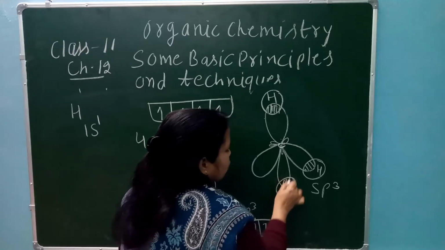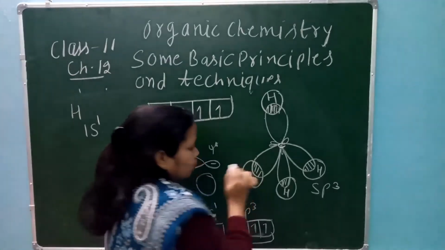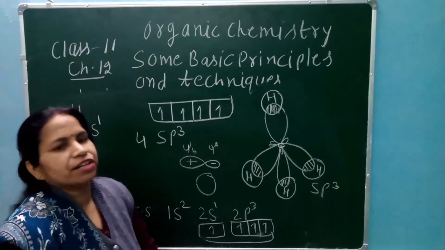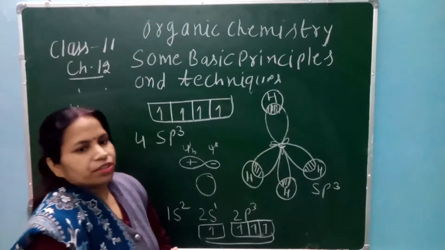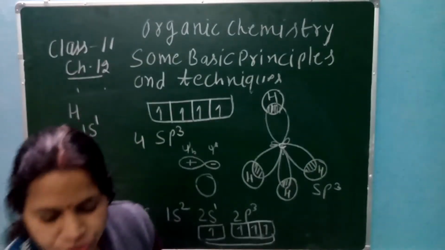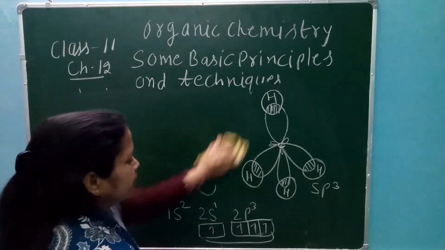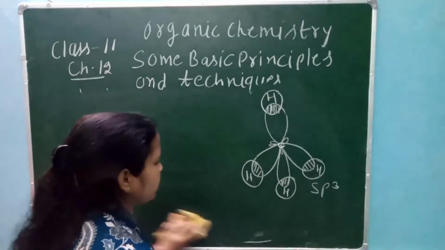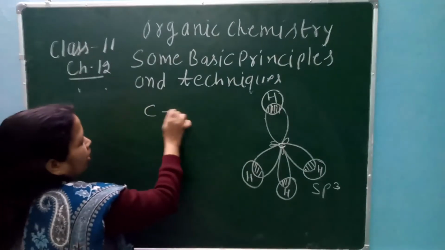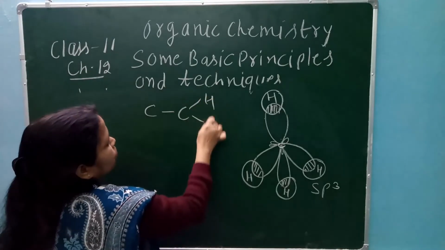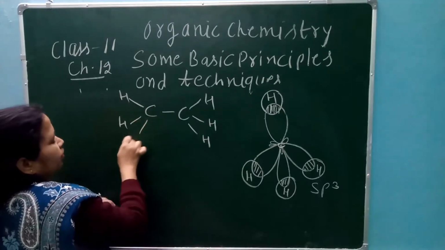Here again this is called the hydrogen, and here this is called the hydrogen. So this is called the tetrahedral structure of methane. Now you can make this type of structure for ethane. आप इसी structure से ethane भी बना सकते हैं. You can see in ethane carbon carbon bond is present. Hydrogen, hydrogen, hydrogen, hydrogen and hydrogen.